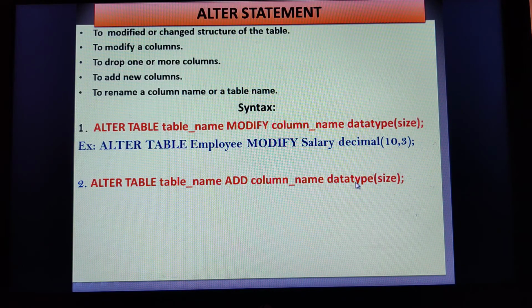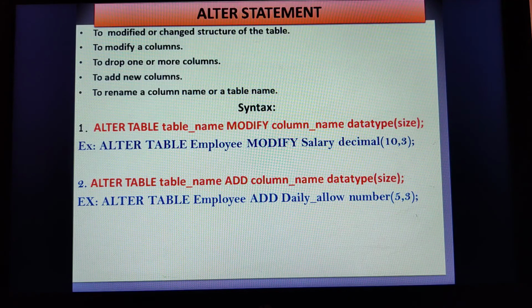Okay, here I have an example. In a previous example, as an employee, we had ID number, name, address, and salary. Only these were the columns, but I want to add a new column as daily allowance. Then ALTER TABLE. Which table do you want to alter, to which table do you want to add the new column? Specify that table name, employee.